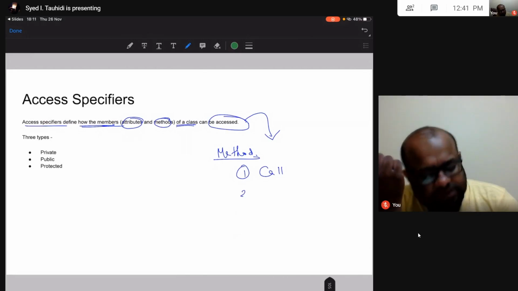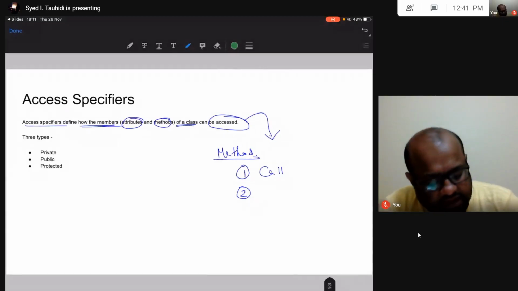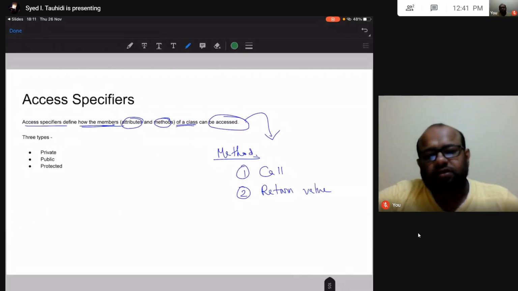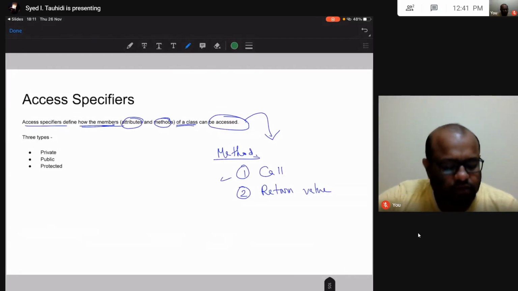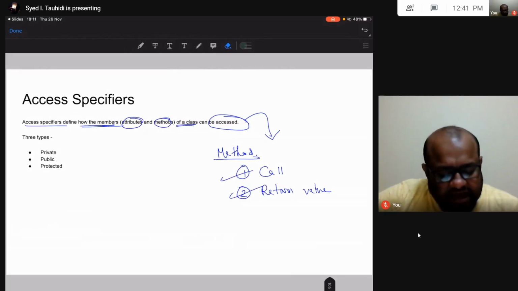And after that, once the method finishes execution, I will be able to read the return value of the method. So when I say I am able to access the method, I will be able to do these two things. This is what is meant by access.